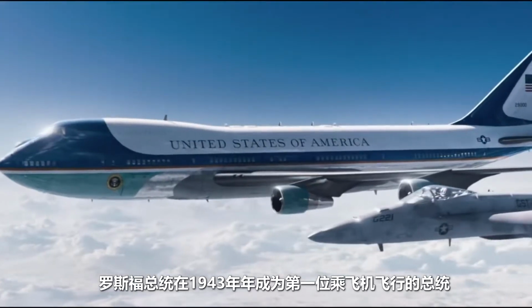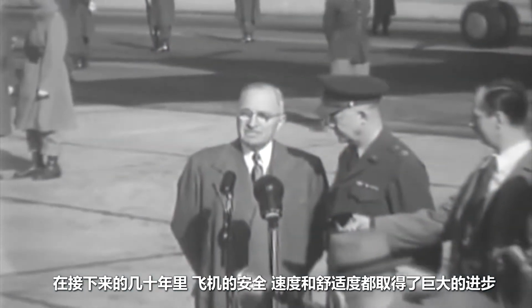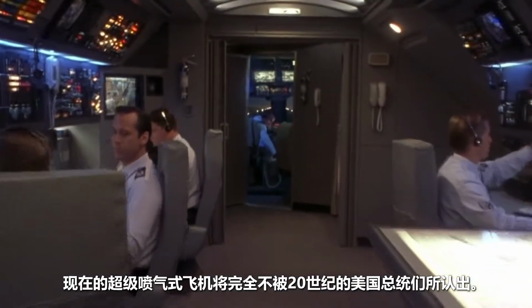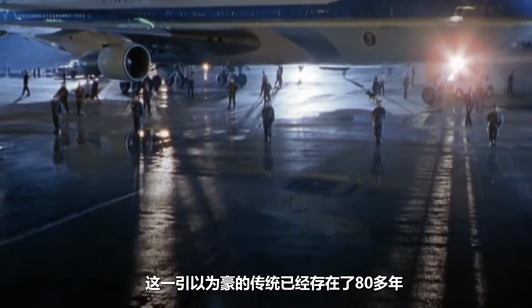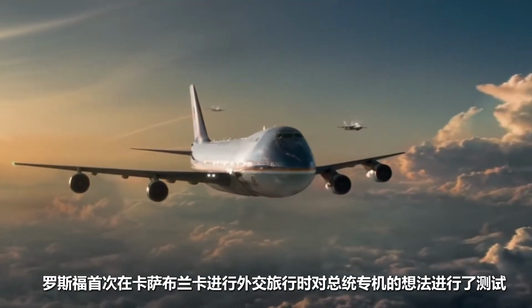Dedicated aircraft that carries the president from destination to destination. President Franklin Delano Roosevelt became the first president to fly by plane in 1943. In the coming decades, huge advances were made in the aircraft's security, speed, and comfort. Though the current superjet would be totally unrecognizable to 20th century presidents, this proud tradition has been in place for